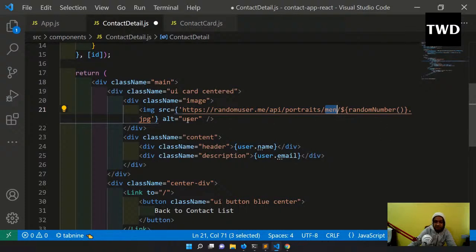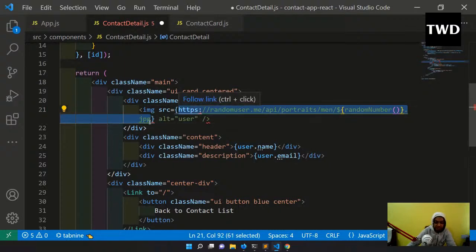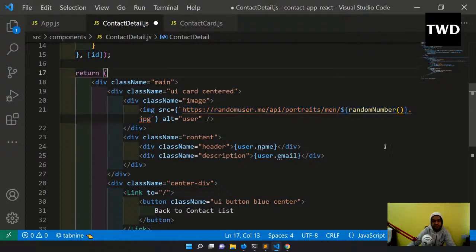Okay, and this is not showing correctly, because what we have to do here is use a template string here, so then only this dollar thing comes. Okay, so let me do it like this, it's a template string. So now it is coming right now. This random number is nothing but a function. I could have done it here also in a line, but it's better to do it